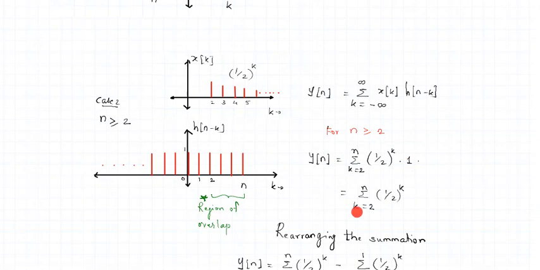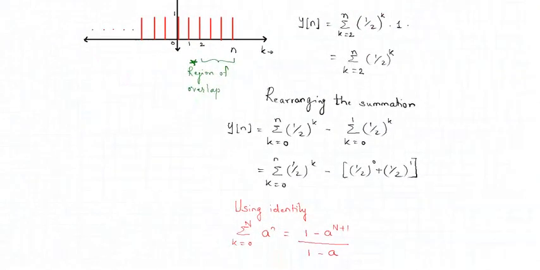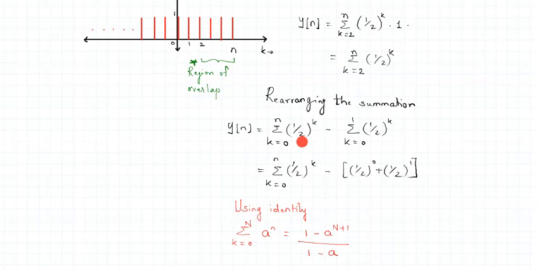Now we need to solve this convolution, this summation equation. We need to simplify this summation. How do we solve this summation? For that, the very first step is we'll try to rearrange the summation by making an arrangement in the limits. We'll change the limits to 0 to n. So instead of the summation which is 2 to n, we are rearranging it and changing the limits from 0 to n. So limits are now 0 to n, of 1 by 2 raised to k.